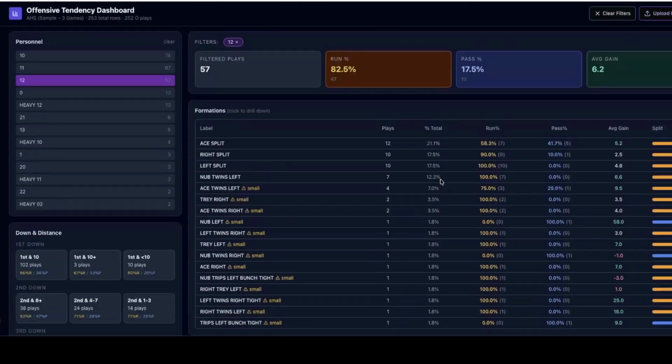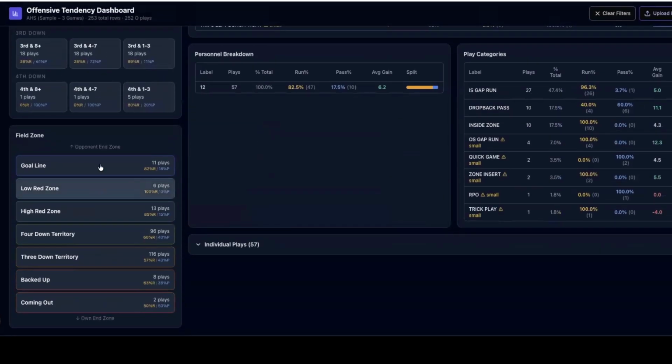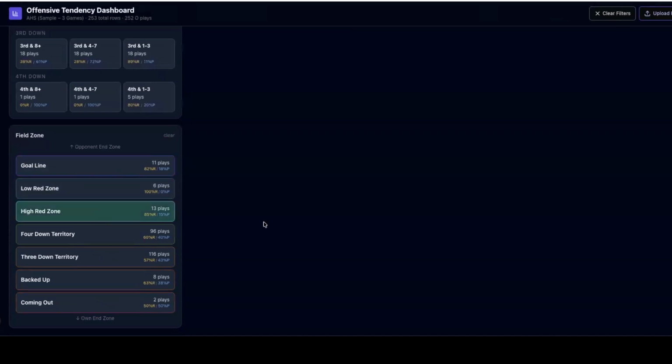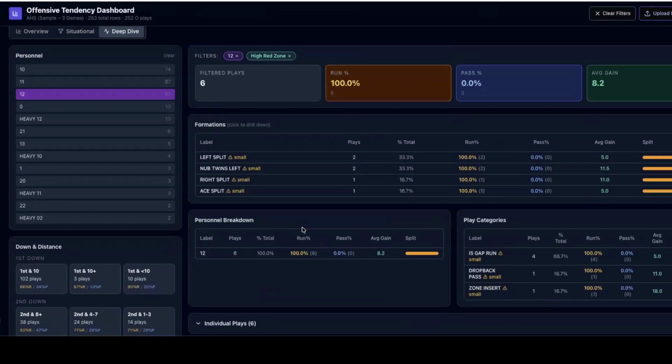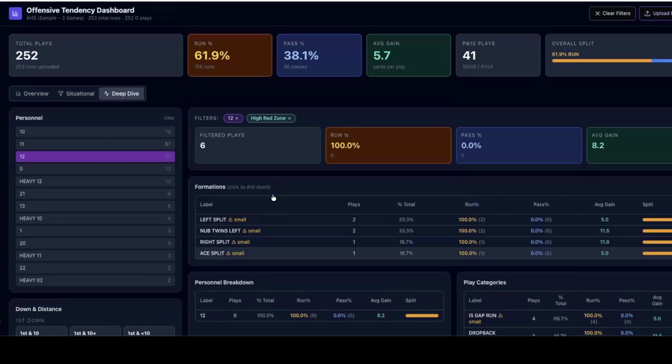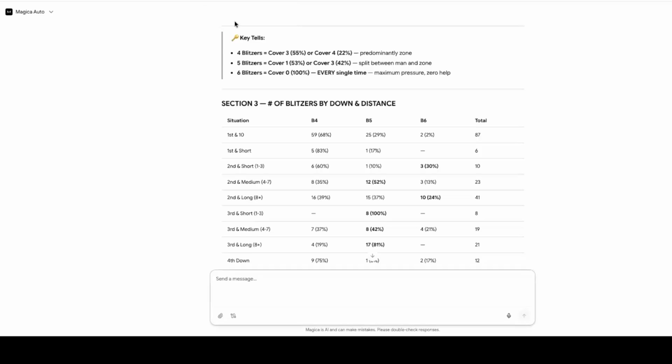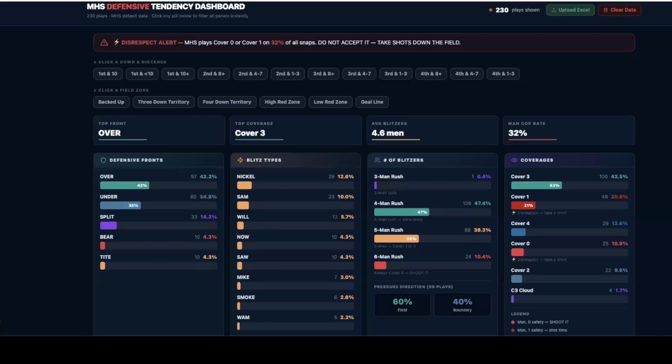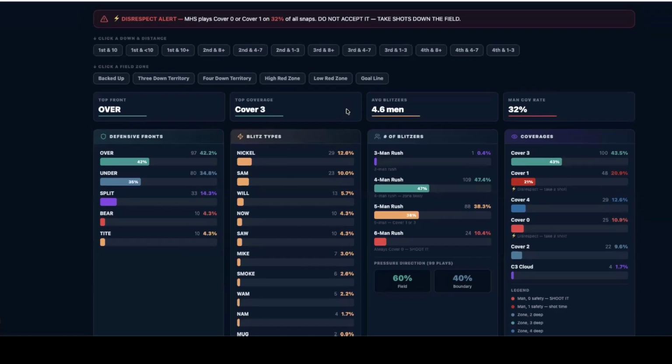And I can look at all this information and I can say, okay, well, let me look at it by field zone. How does that change things? So this dashboard, I give you the prompt. You enter the prompt and it builds you the dashboard. All right. And then you adjust it, of course, for what you want to see. All right, here's another dashboard that I built.